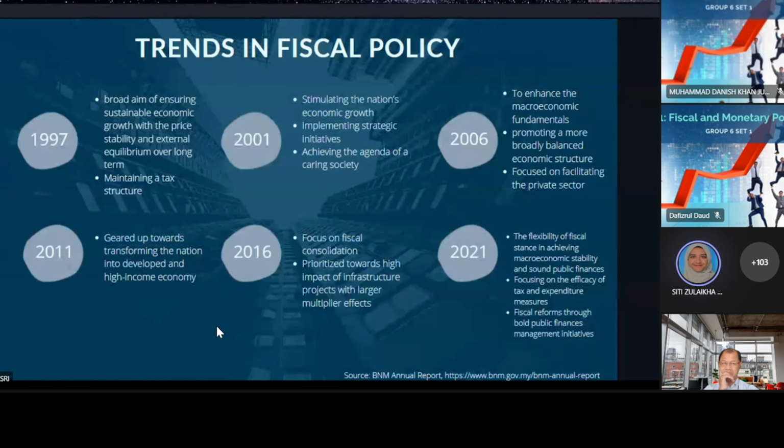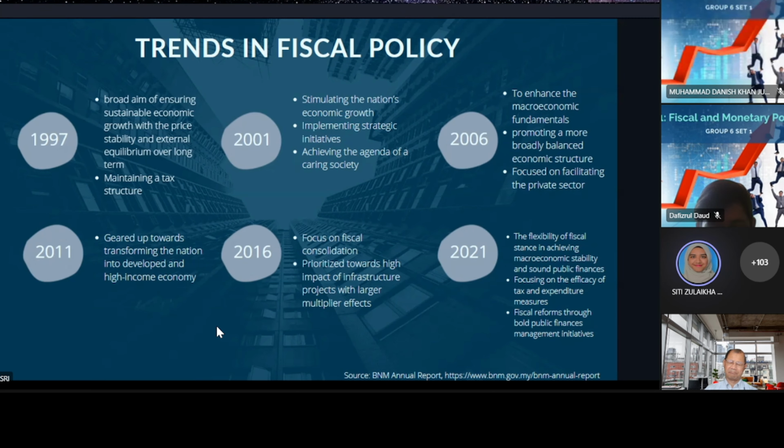The government also maintained a tax structure that would provide a conducive environment for private sector growth and reduce inflationary pressure. In 2001, the main thrust of the fiscal policy was to stimulate the nation's economic growth by implementing strategic initiatives to enhance the nation's competitiveness and also to achieve the agenda of a caring society. While in 2006, the fiscal policy aimed to enhance the microeconomic fundamentals and also to promote a broader